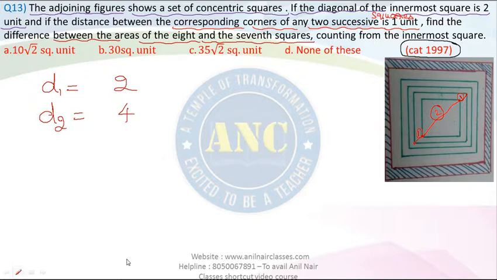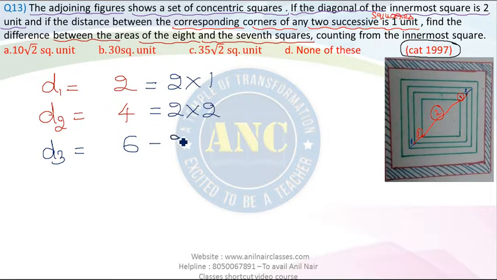Similarly, if I continue further, for the third square, this will be 1 unit, and here this will be 1 unit again. So 1 plus 1, 2, 2 plus 2, 4, 4 plus 1, 5, 5 plus 1, 6. That means the diagonal for the third square is 6 units. That means 2 is nothing but 2 into 1, 4 is nothing but 2 into 2, 6 is nothing but 2 into 3. That means